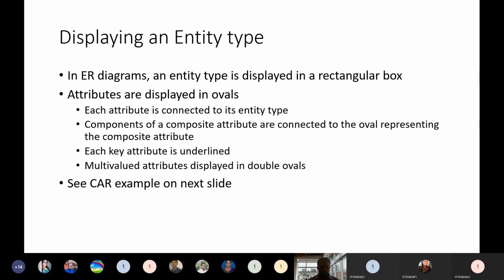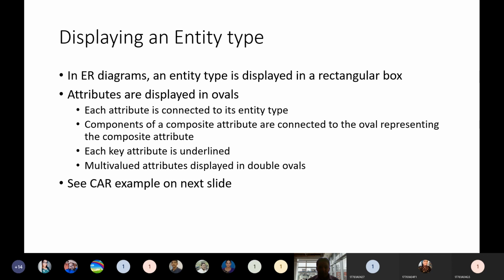We draw a diagram to describe the database. While drawing the diagram, we draw a rectangular box, and within that box we write one word. That word is the entity type, and from that entities will come, and from that attributes will come. We will see that one.